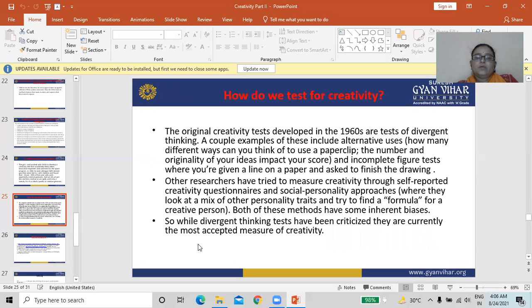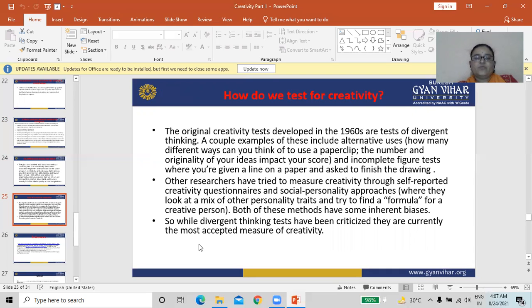A couple of examples of these include the alternative uses test: how many different ways can you think of to use a paperclip?